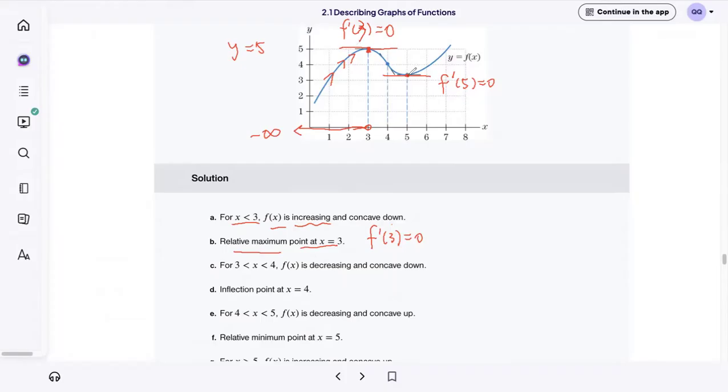Same thing for the minimum. The tangent line is a horizontal line, so the slope is 0. That means the derivative of the function at this point is 0. In between 3 and 4, what happens? In between 3 and 4, the function decreases and is concave down, right? The function is decreasing and concave down. Then x equal to 4,